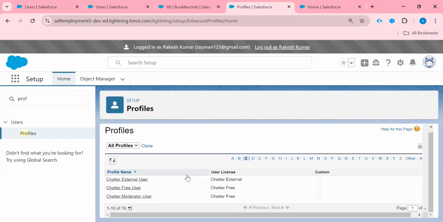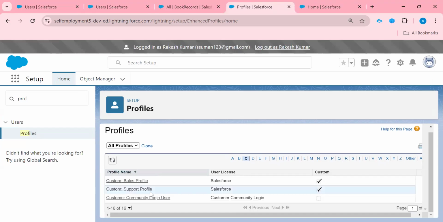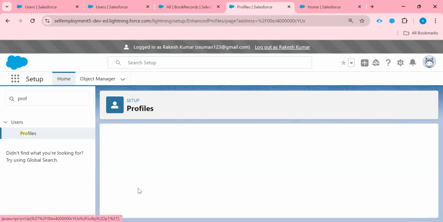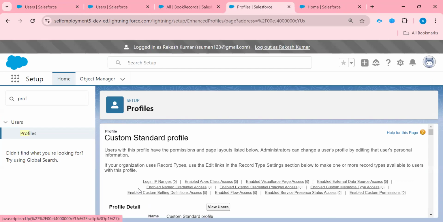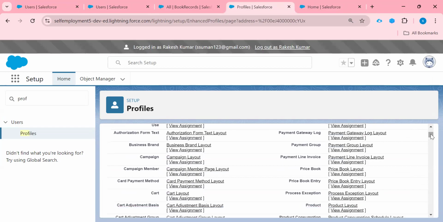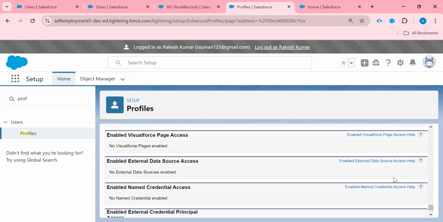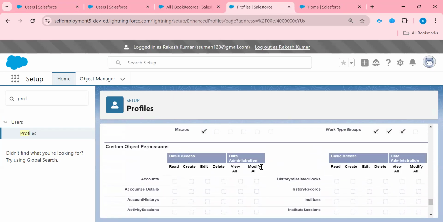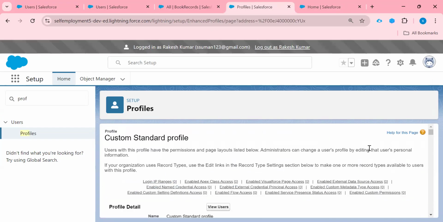So I'm going to show you one more thing here. If I scroll down at the object level, here you can see view all and modify all. Okay, let me click on edit first.